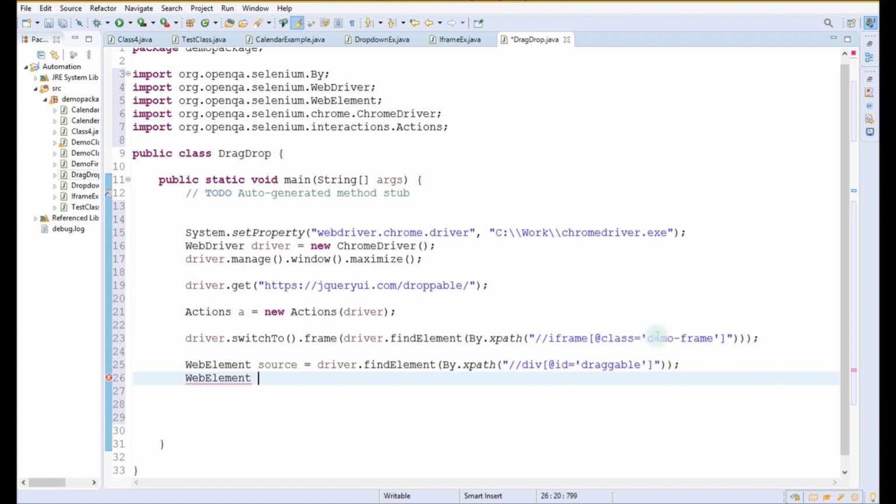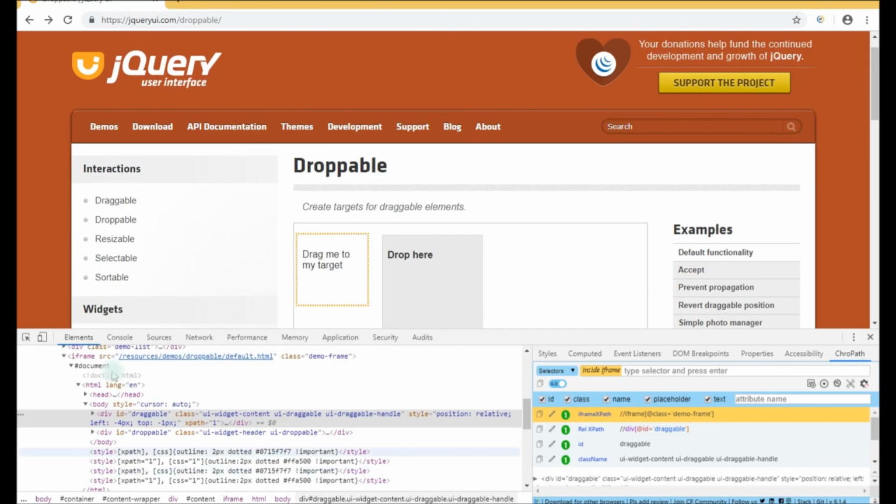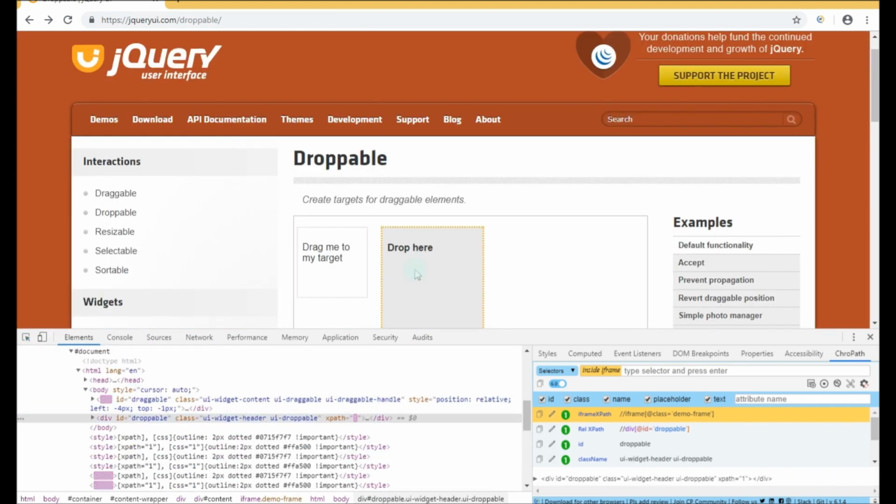The other one we have to write is our destination. Using the same procedure, we will identify our destination. We click on this pointer and take the pointer to our destination.